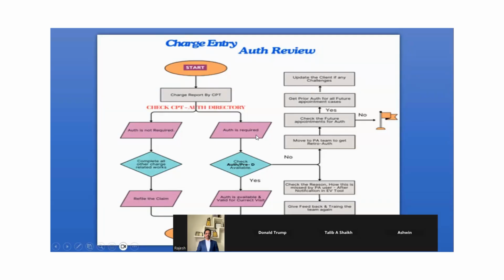When auth is required, what we are going to do is check whether auth or pre-D is available. If predetermination is available, or if auth is available and valid for the current visit, then we will bill. If not, it will go to this particular flow to fix it. That's what we discussed, right? Update the client if any challenges. We'll start from here. Move to the PA team, ask them to get a retro auth and check the future appointment also. We'll go back and fix it if you have a pre-authorization team. If not,